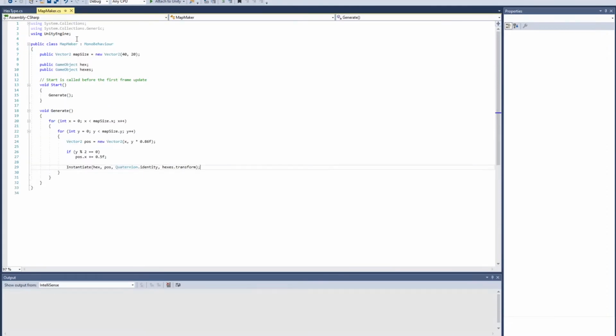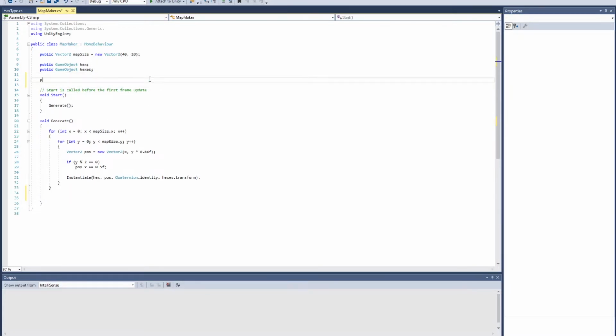All right, so we have the map maker. We're going to go down here and we're going to just randomly change some of the tiles. So we need to know how many land masses do we want to make. Again, we're going to make this a public integer so we can see what it looks like. So let's try to generate 15 different little land masses. So we need to basically go through and make that many. Now, for some, we're going to use a while loop to do that. And we're just going to basically, when we manage to generate one, subtract it from the while loop until